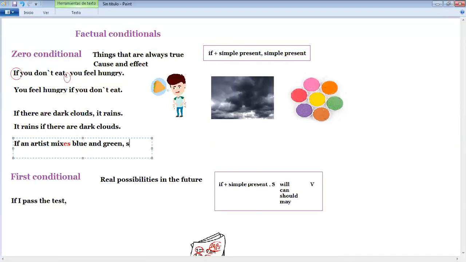So she gets purple, let's say. Okay, she gets purple. That's it. That's how we write sentences using the zero conditional, cause and effect. If an artist mixes blue and green, she gets purple. The most popular example, if you don't